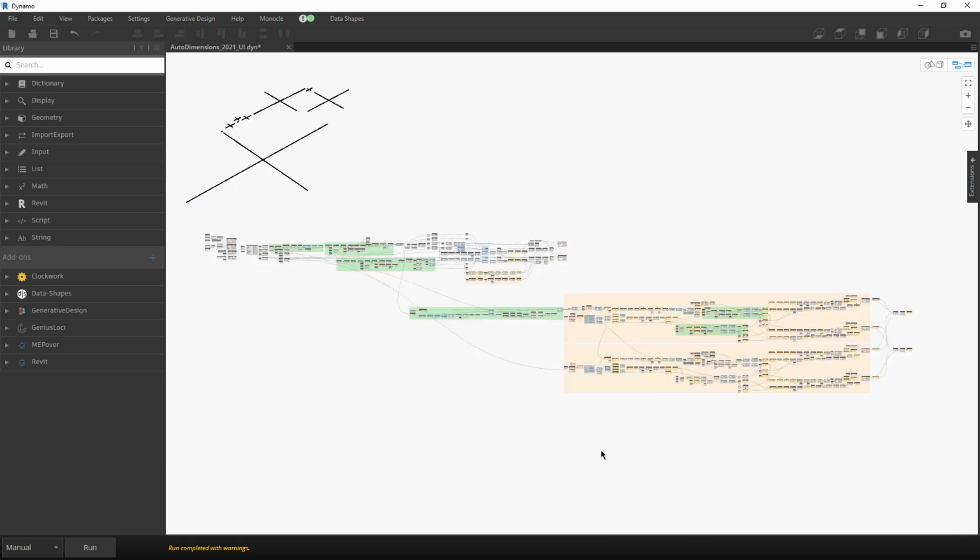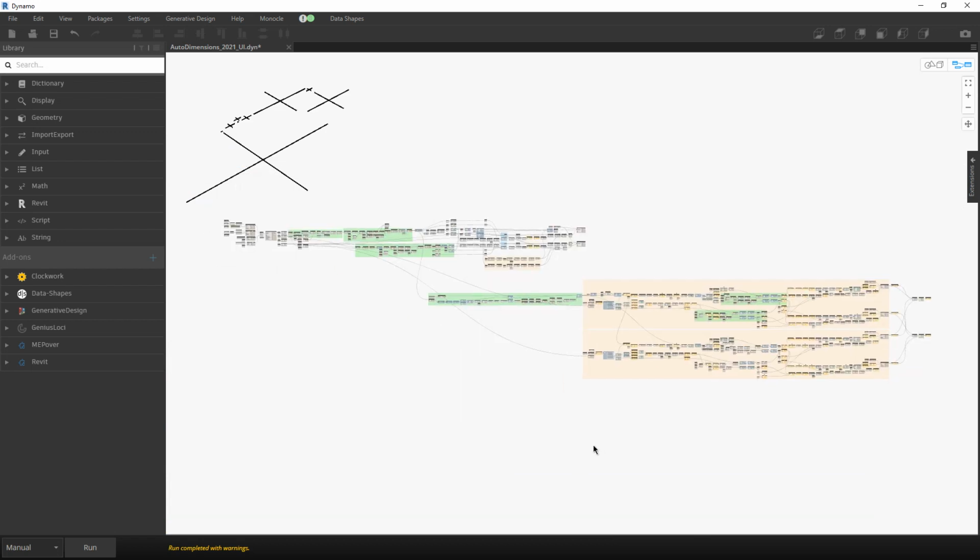And basically that's it for this script, and I doubt that I will publicly deal with dimensions again in my videos, but if you need some kind of custom script for dimensions, you can go to my website and